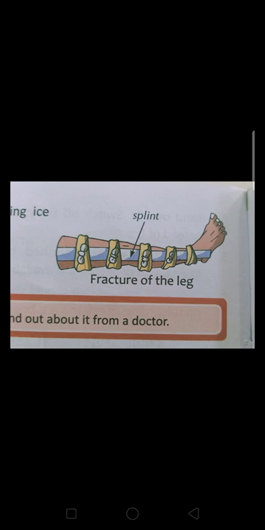Simply you will put the leg on 2-3 cushions or pillows so that the level of the broken leg is above the level of the heart, by placing a pillow or few cushions under the leg, to protect the flow of blood, okay, because it will be more painful. Now how you can prevent the pain and swelling? You can simply reduce the pain and swelling by wrapping ice packs around the injured portion. You can use ice packs.